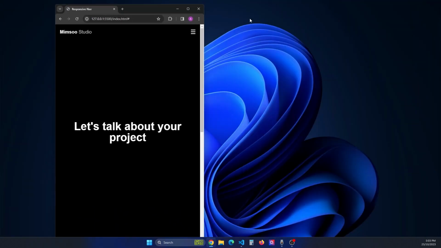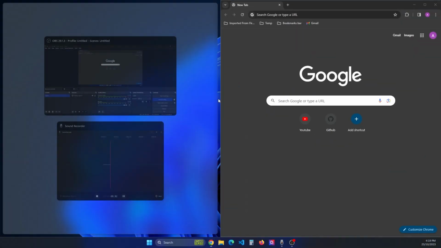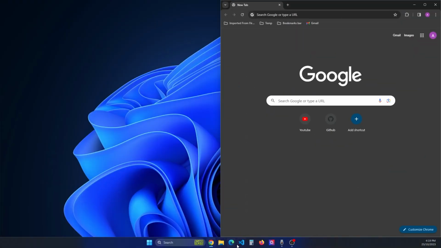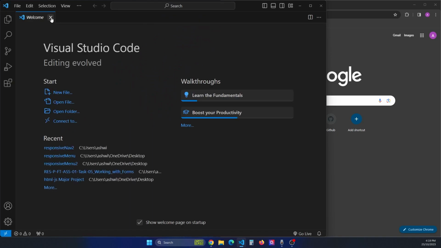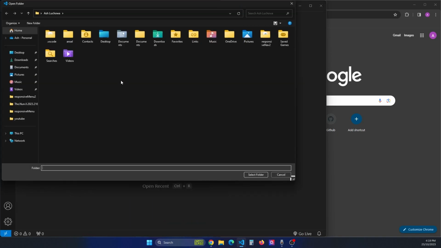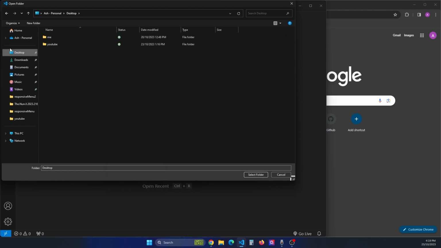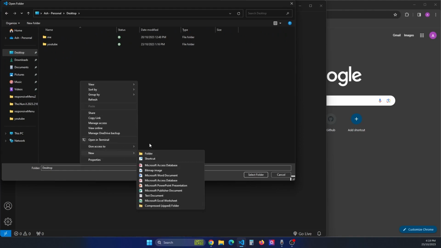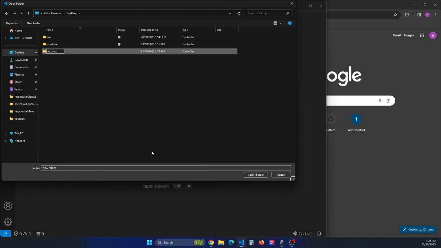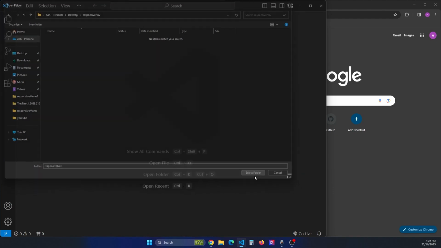So I will be showing this to you, and in this tutorial we will be using HTML, CSS and a bit of JavaScript as well, but don't worry, I will keep it as simple as possible. So let's start by opening up our Visual Studio Code, and we'll create a new folder. We'll call it responsive nav. Open it up,